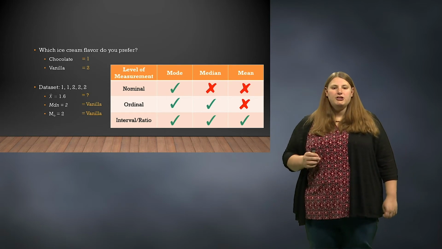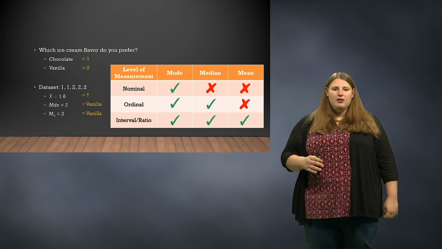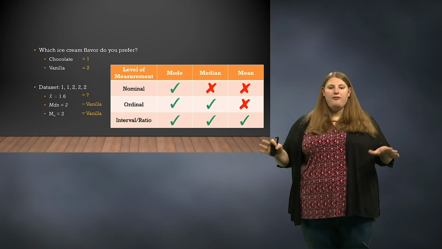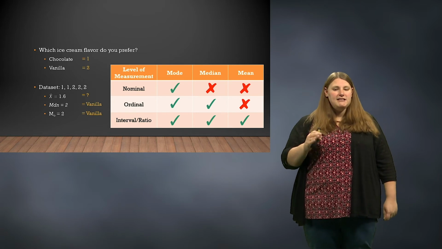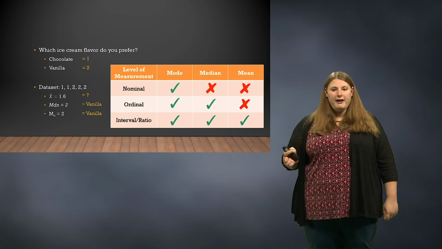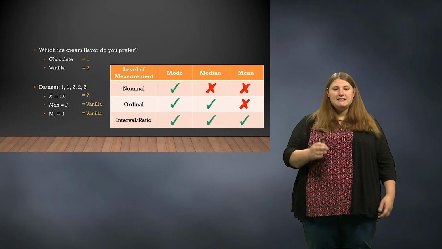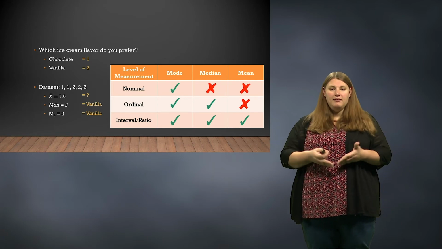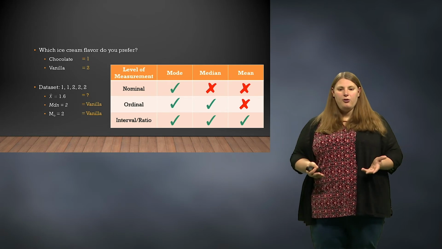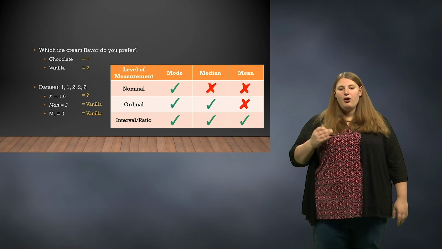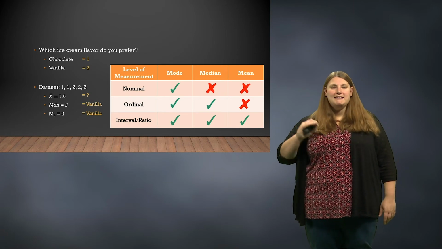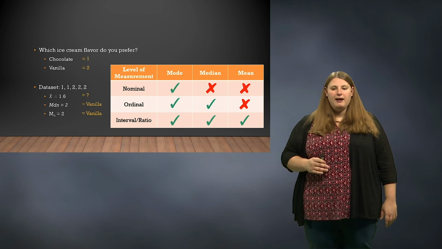This chart here shows you how this breaks down. We can interpret the mode for every variable, no matter what level of measurement. The median has to be ordinal or interval or ratio, which actually makes sense because median is about finding the middle. And how do you find a middle if you don't have rank order? And the mean, well, that's the most picky. The mean can only be interpreted when the data is at the interval or the ratio level of measurement